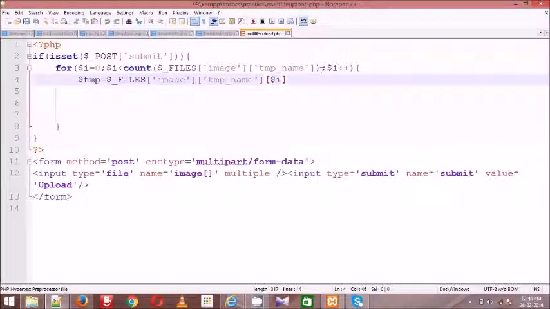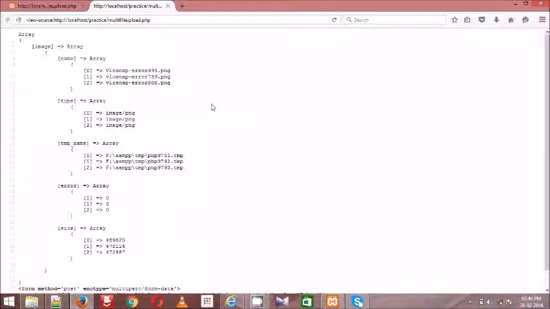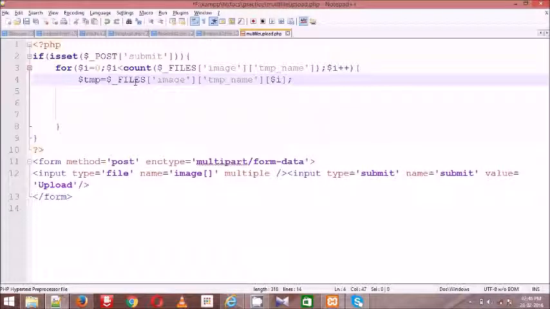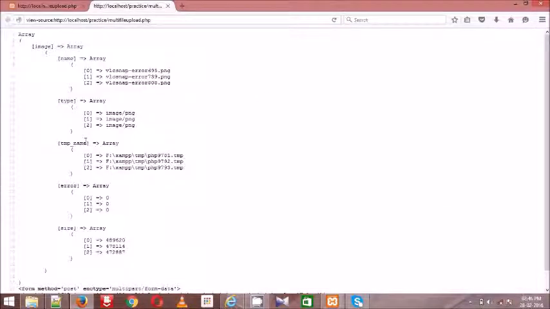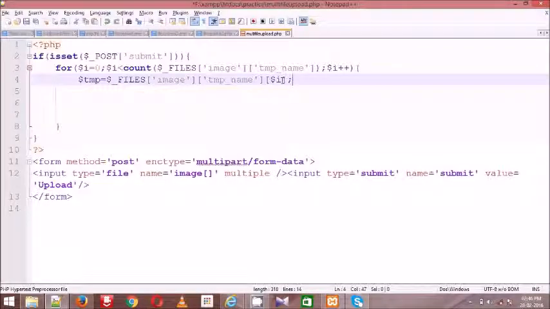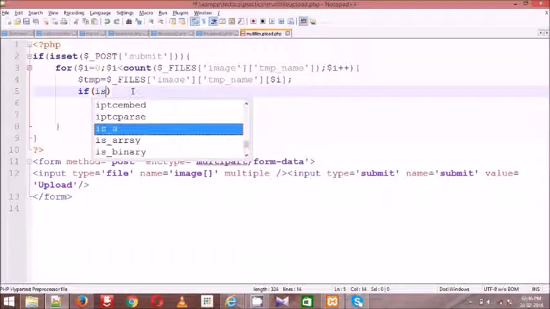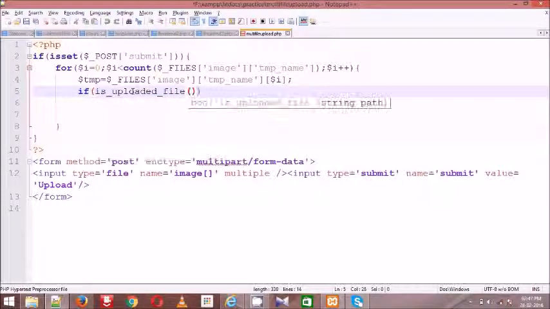When we are iterating, first time the value of i is 0, second time 1, 2, and it is performing $_FILES['image']['tmp_name'][0], second time 1, 2, like that. And compulsory, check whether it is uploaded through HTTP or not. So here it's the temp file.